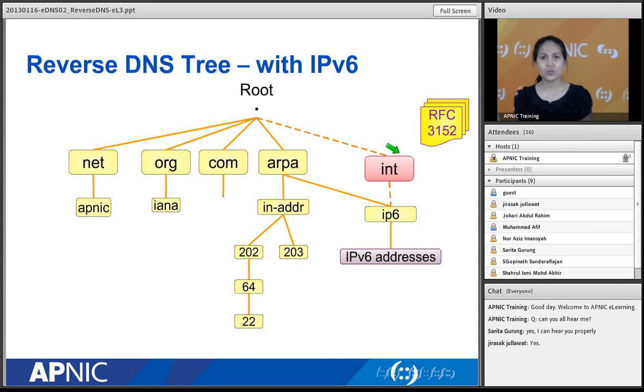But that was during the experimental stages. Now this .int top-level domain is no longer used. So if you're looking at your DNS files and you see that you're still using .int, then please remove that. It's actually now forwarded from .int. Since that is removed, it should be a branch under ARPA. So your IPv6 address will be your v6 address here